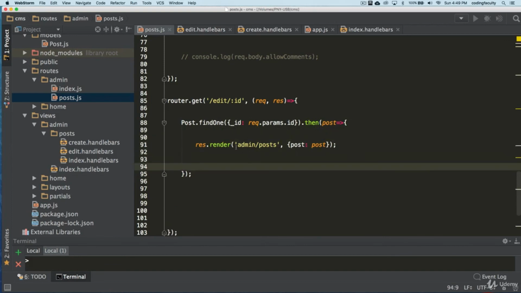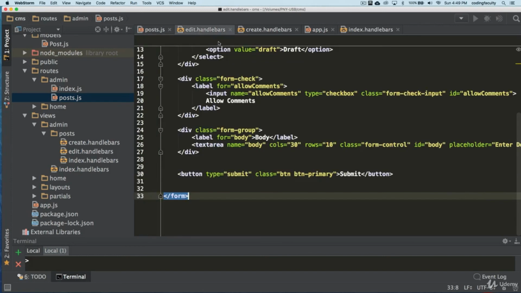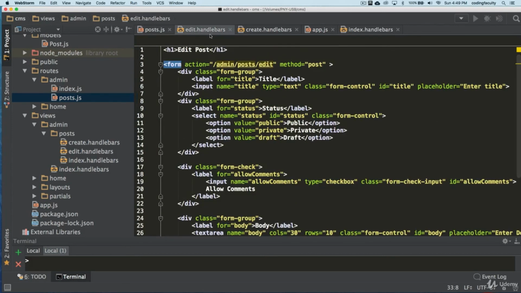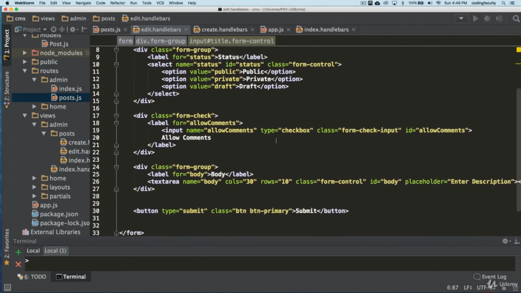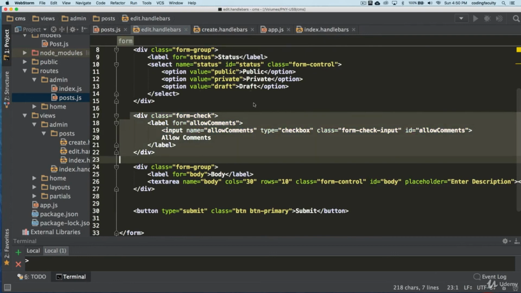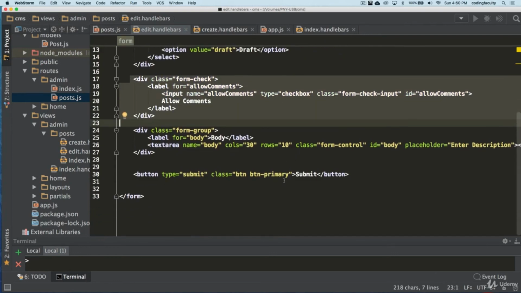Really cool stuff. So now we can go back to the edit view, and instead of doing placeholder here, we could say value and use handlebars to pull down the title from that. Allow comments, we've got to do a little workaround around this. I'll tell you how to do that in a minute. And we can pull down the value of that.